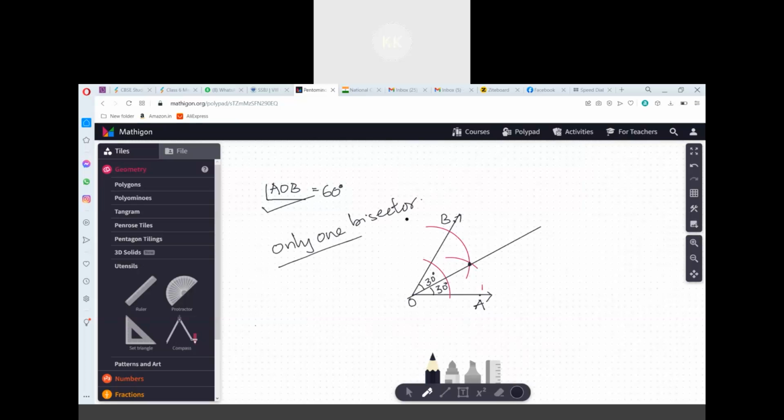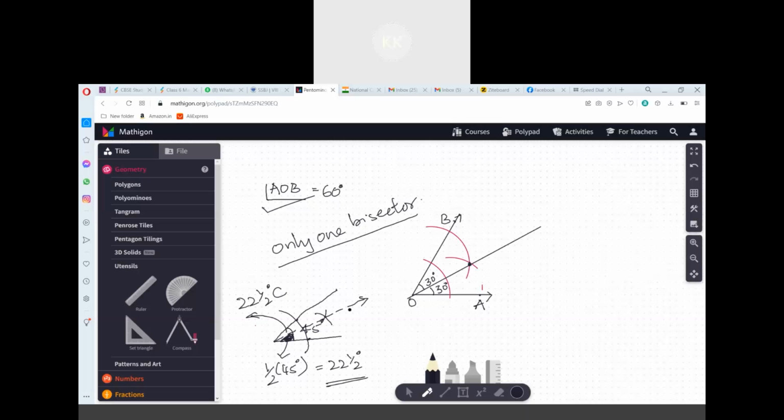I will tell a general method. First, you are going to make an angle. For that, a line segment is required. On that, you are going to place the protractor and measure the angle. Say this is the angle. If it is 45 degrees, you cut an arc from here, and from here you cut another arc with the same radius and join them where they meet each other. The angle so obtained is half of 45 degrees, which is 22.5 degrees. This is one angle, and this other angle is also 22.5 degrees.